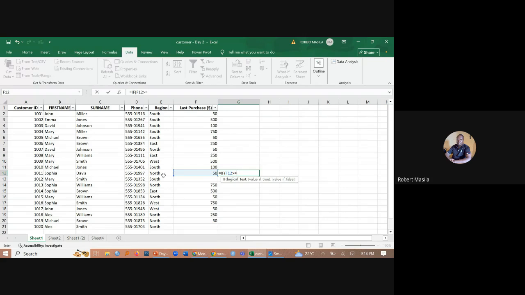Our target was 700, and some of our customers made their last purchase above 700. So let's work with 700. If F12 happens to be greater or equal to 700,